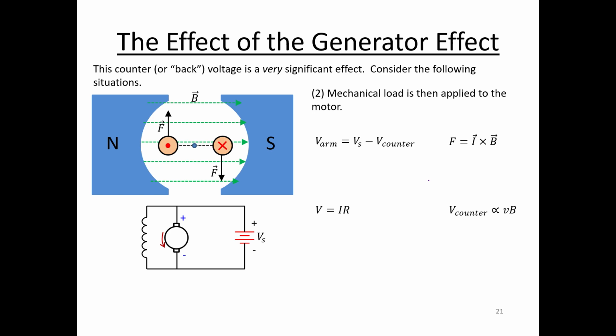Well, when you apply that mechanical load, you're going to drop the velocity of the rotor again. That drops the counter voltage. What that does again is, if this is dropping, then this is going up, because this is canceling less of the source voltage. If you're going up in terms of net voltage across the armature, then you're going up in terms of its